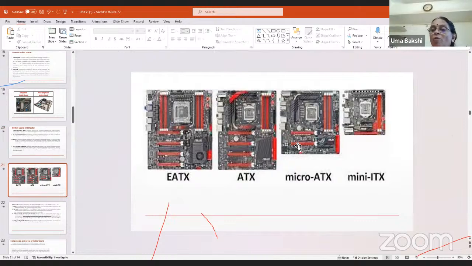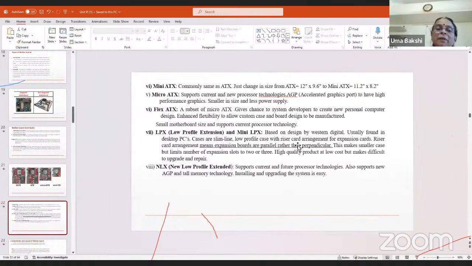We will not know how it is working. Then mini ATX, micro ATX, flex ATX, LPX, low profile extension, and NLX, new low profile extended. So these are the different types of ATX that are working. The mini, micro, flex ATX, and LPX, right? So